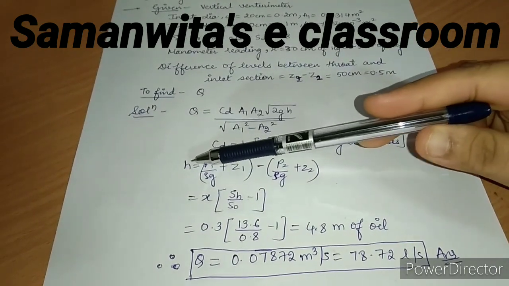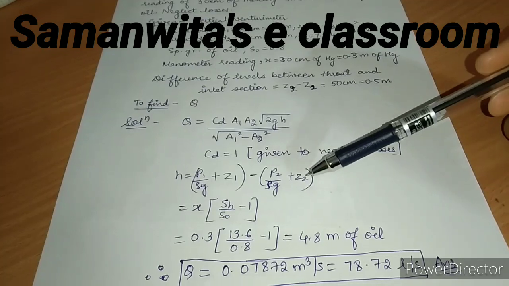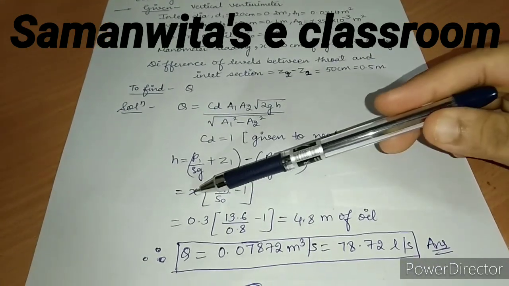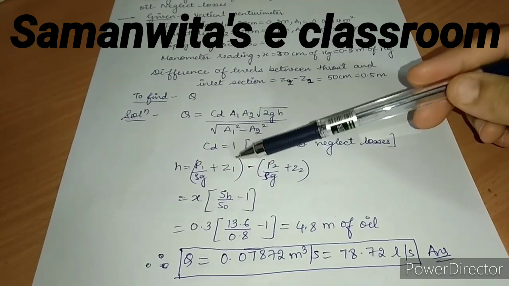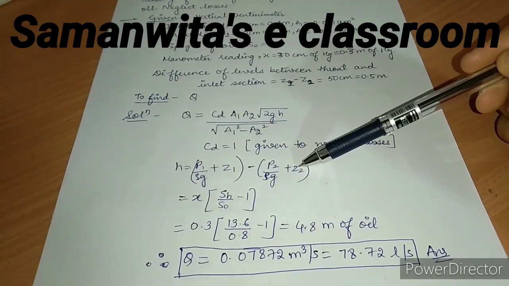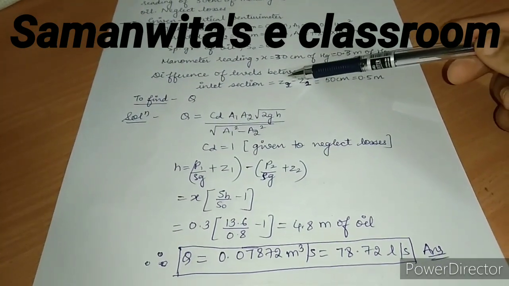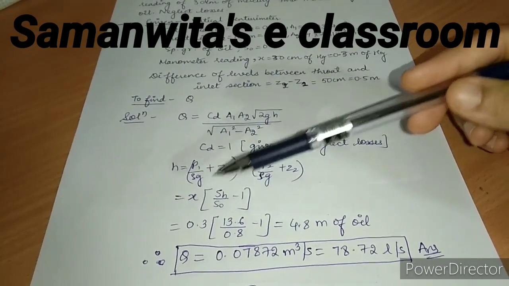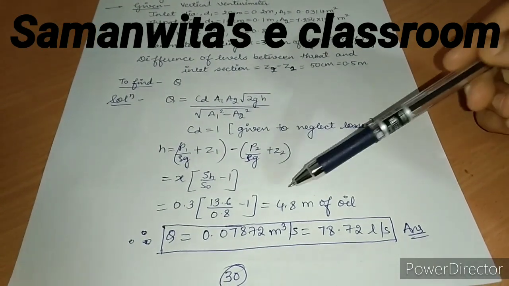Now there are two formulas for H, P1 upon rho g plus Z1 minus P2 upon rho g plus Z2, and the other is X into SH upon SO minus 1. Now if you look at the problem, Z2 minus Z1 is given to you, but P2 upon rho g and P1 upon rho g has no data given. So I cannot use this formula. I have to use this formula for which I know all the values, and I get the answer as 4.8